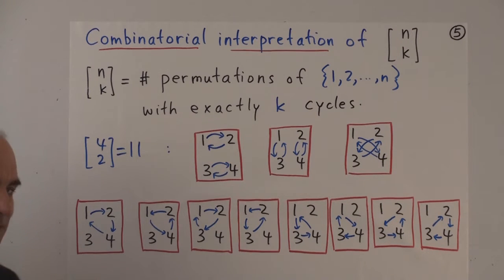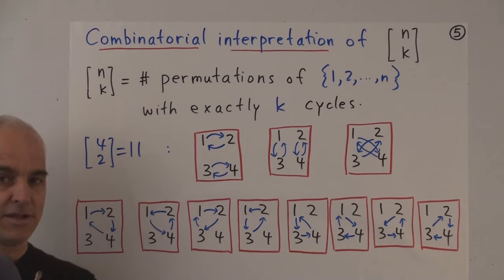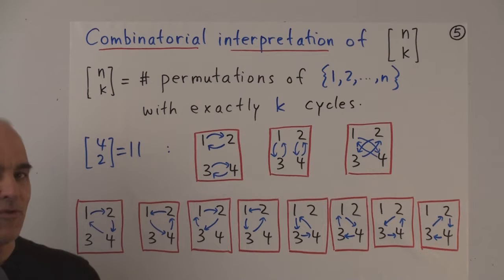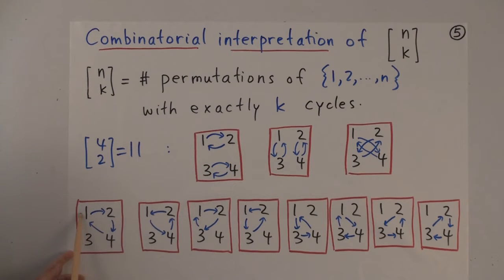But there are a couple of other ones that have 2 cycles of a different kind. So have a look at this permutation. This permutation is the one where person number 3 is staying where he is. Okay, not everything has to move when we permute. And person number 1 goes into 2's spot, person number 2 goes into 4's spot, and person 4 goes into person 1's spot. So these 3 cycle around. Person number 3 is stationary. So this particular permutation also has 2 cycles. There's the 1 cycle there, and 3 by itself is another cycle.